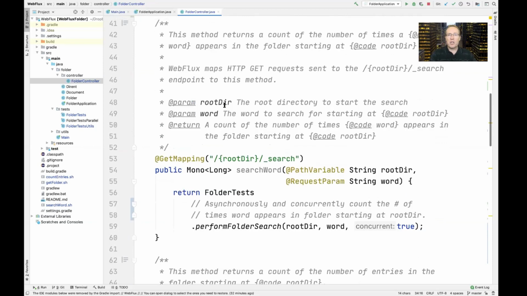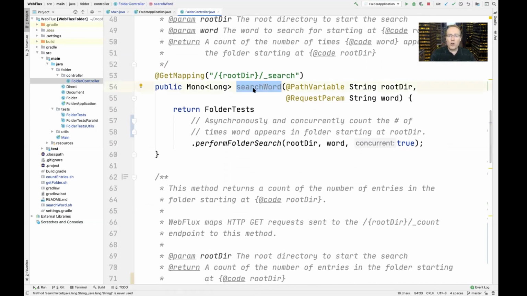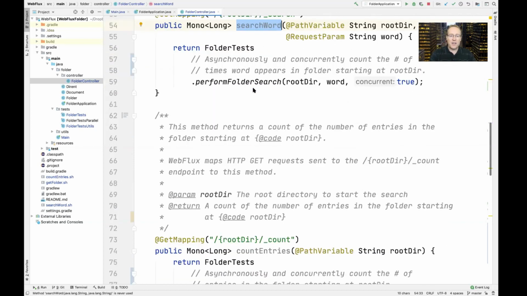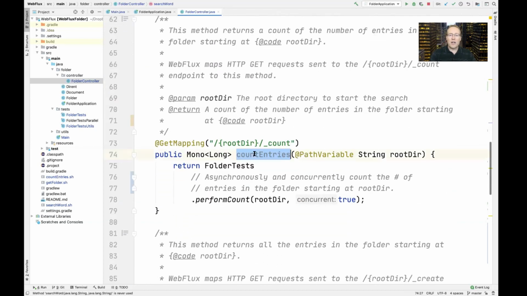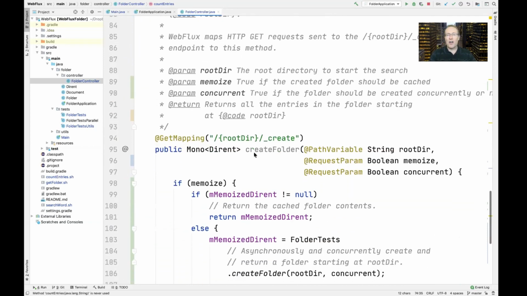And then we actually have three methods that correspond to different commands that users can invoke in order to access the services offered by this particular microservice. So you're going to see we can search for a word remotely, and we'll look at that in a second. We can count the number of entries like we did before, except now this is a remote call. And perhaps the most interesting call of all, the one we're going to focus the bulk of our attention on, is